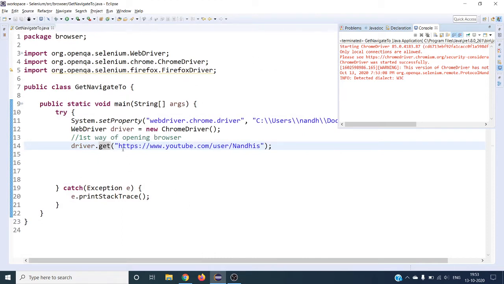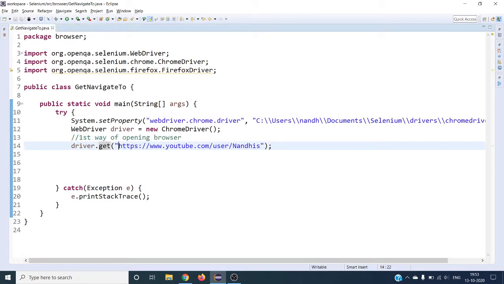Here, this get method takes the HTTPS protocol. Why do we have to give HTTP? Selenium WebDriver is built on top of the HTTP protocol, which in turn uses REST architecture. That's why we have to give HTTP or HTTPS; either one of these should be present. If you are not giving the protocol, which protocol is it going to use to launch your application? Selenium gives you an invalid argument error for your get method.